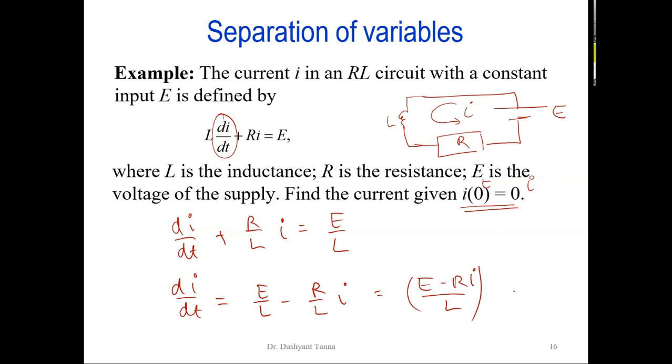Yeah, only L is common, E minus R I. This will tell me that I can have variable separable. This is the only E term on the top. I'll bring it in the denominator and t is all alone. There is no other t term. So my next step is